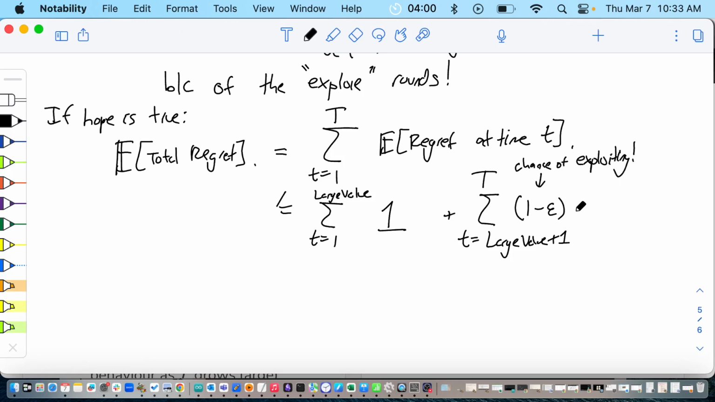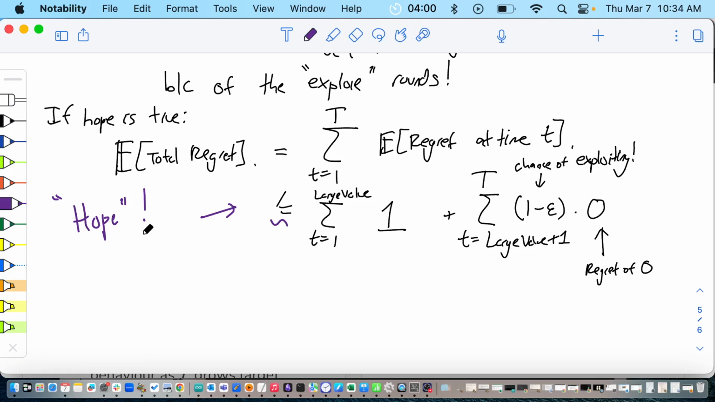And then we're going to get a regret of 0. Okay. And this is all very hand-wavy, wishy-washy. This is like hope, fingers crossed. So the idea is we're going to explore for a while, then we're going to learn the right value,